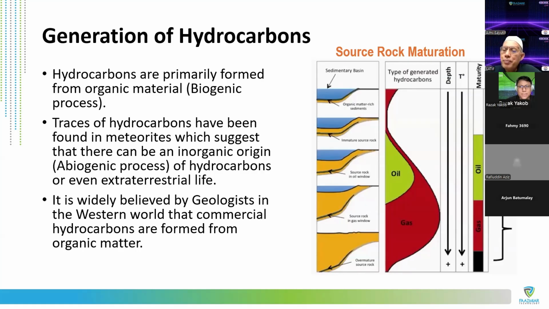So you can see from the map on the right, the source rock maturation. So how the rock is matured after millions of years, you can see that all this hydrocarbon is generated by the source rock. The source rock is where all those plants and animals have been trapped in a certain area, and what's been trapped is accumulated. There's some sealing element on top of that rock, so there's no more interference from the top in terms of water or hydrogen or whatever, and then it will be sealed by itself.